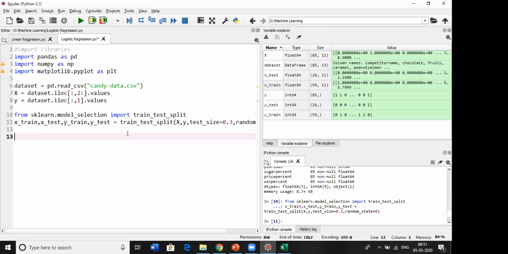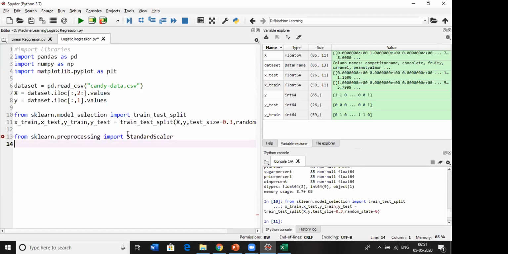First, we need to import the StandardScaler class. Where can you find it? From the sklearn library, inside the preprocessing module, we have StandardScaler.